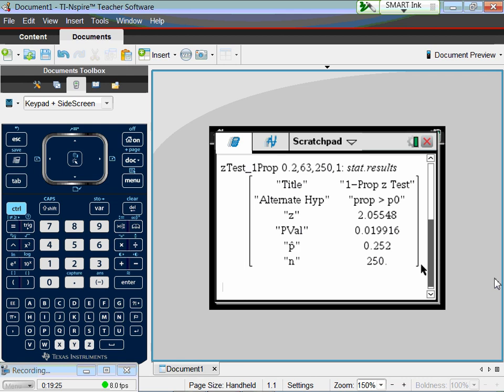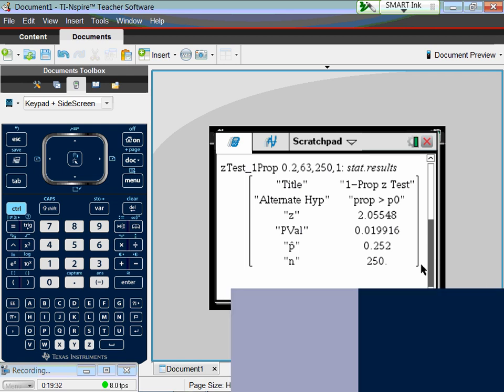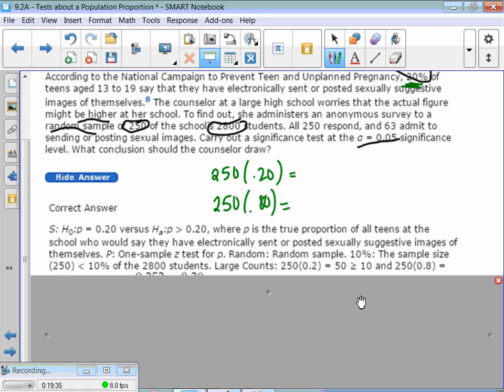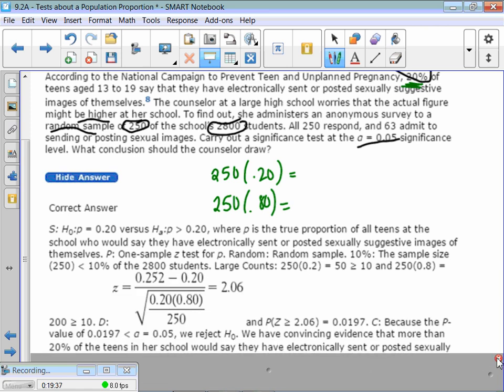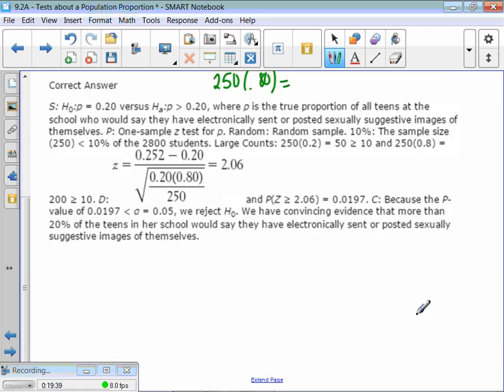And we get our z-score, our p-value, and so if our p-value is 0.02, you guys, do we have convincing evidence that the alternate is true? And we do. All right, so when you do your conclusion, again, in context, because the p-value, which is 0.0197, is less than alpha, we reject the null. So we have convincing evidence that more than 20% of the teens in her school would say they have electronically sent or posted sexually suggestive